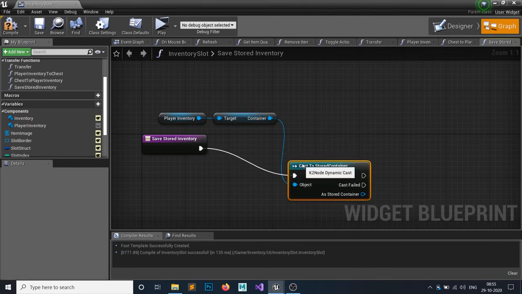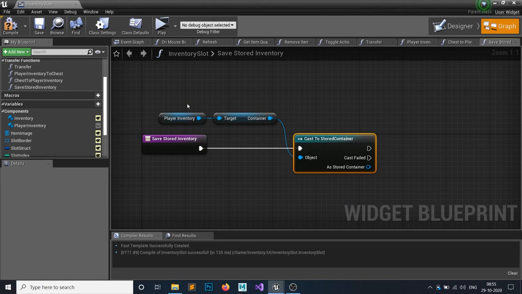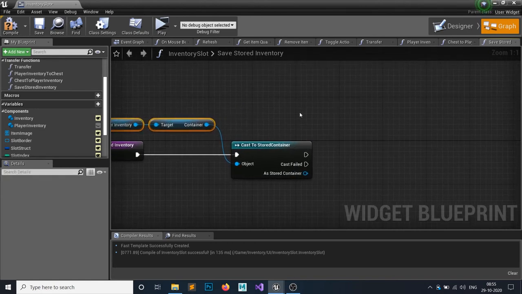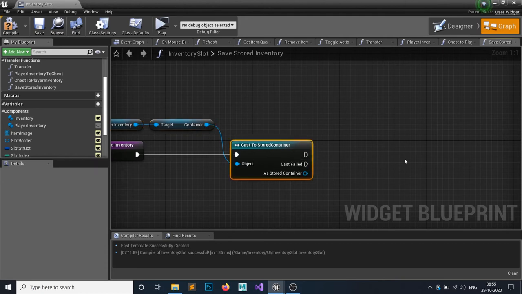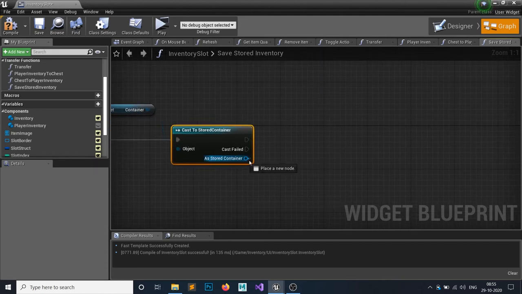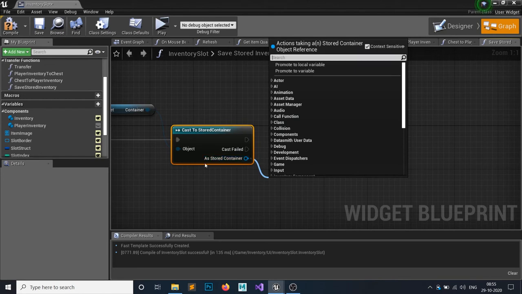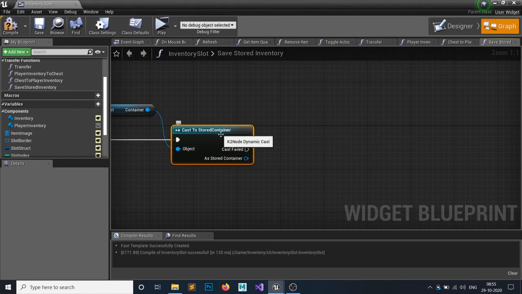So I want to see if the container we are interacting with is our stored container or not. If it's our stored container, then I want to save this container's inventory in our stored inventory array.